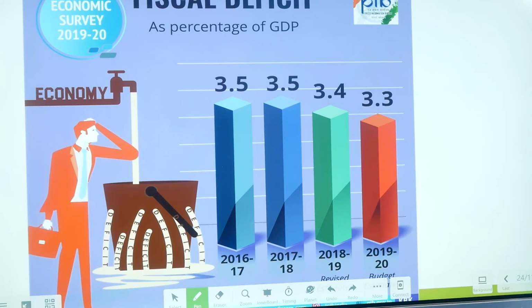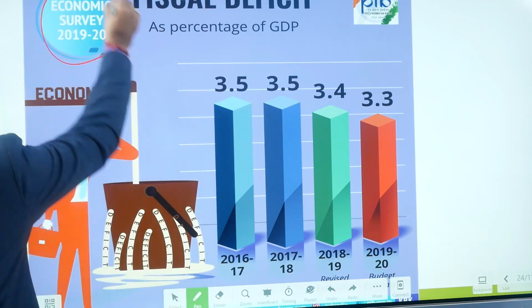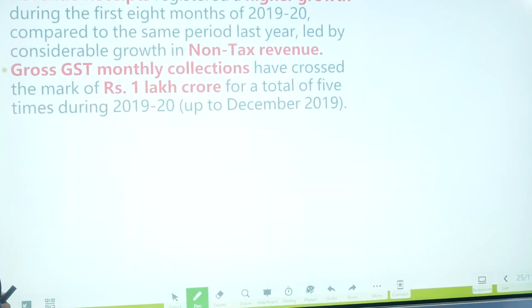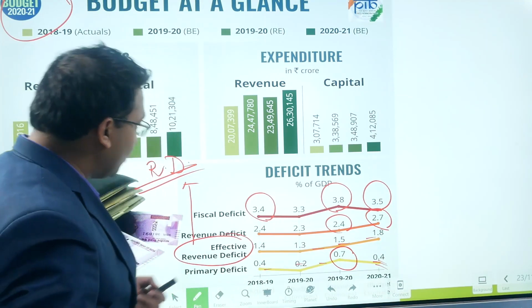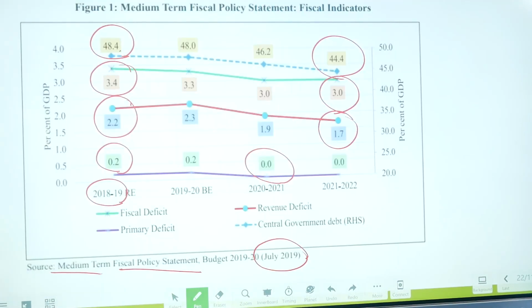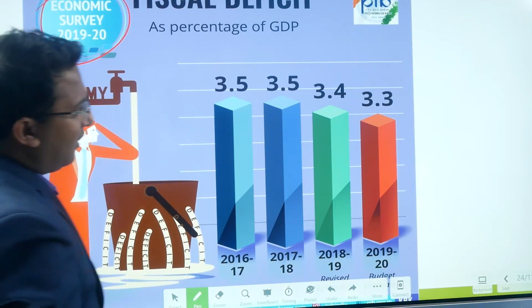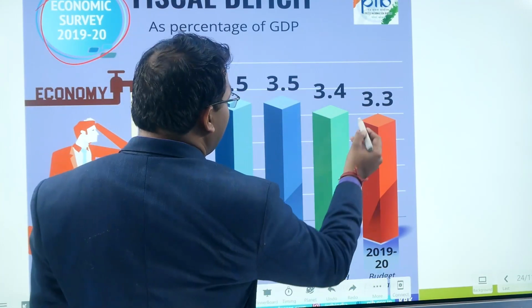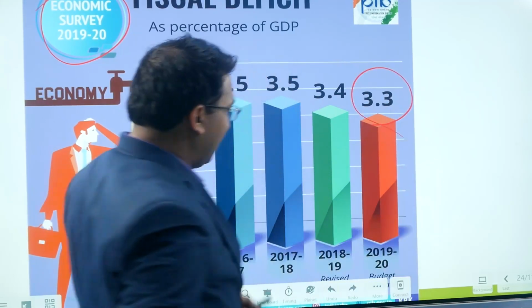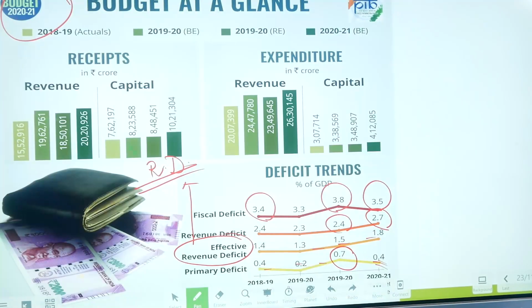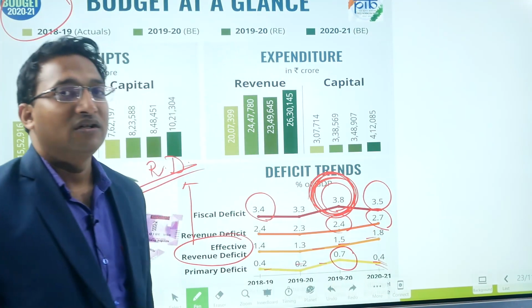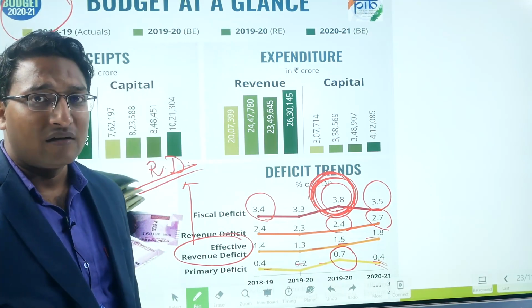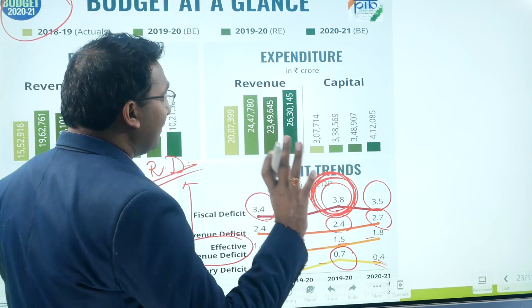Fiscal deficit as a percentage of GDP, this is the figure of the economic survey, and this was from the budget. So I am discussing both the statements simultaneously so that you get the comparative figure also. So the economic survey is actually taking the budget estimate only. So for 19-20 it took 3.3%, but the budget took 3.8%. So the budget has actually revised the 3.3% target of the government to the actual. So the point I want to make is that